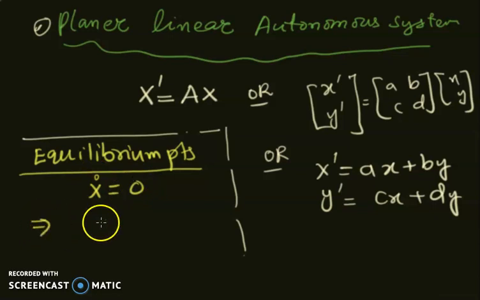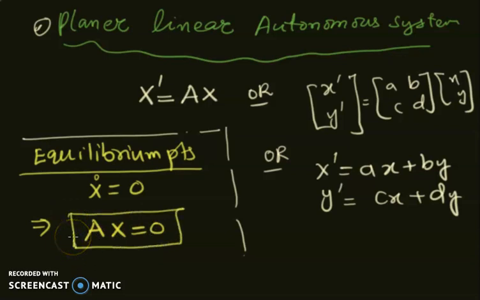So this implies that we need to solve this system. And we all know that for solving such systems we need help from linear algebra. Now we will be moving towards linear algebra and ask what it says about the solutions